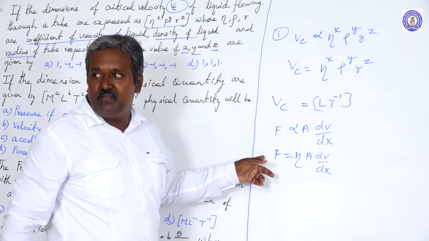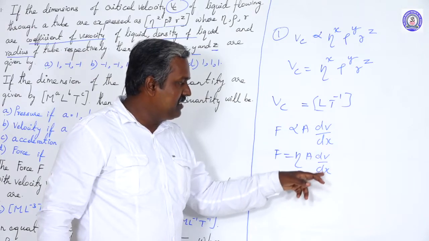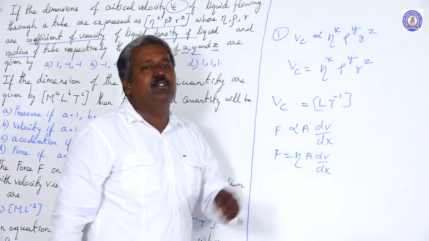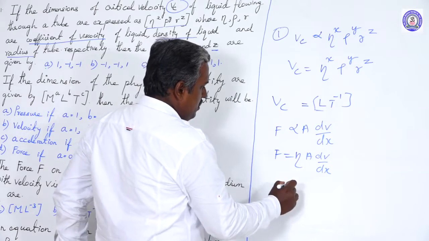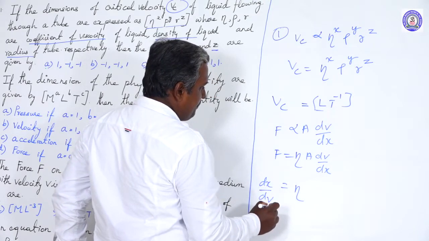Okay, what is meant by F here? Viscous force. Eta is the coefficient of viscosity, A is area, dV by dx is called the velocity gradient. Clear? So from this, eta is equal to